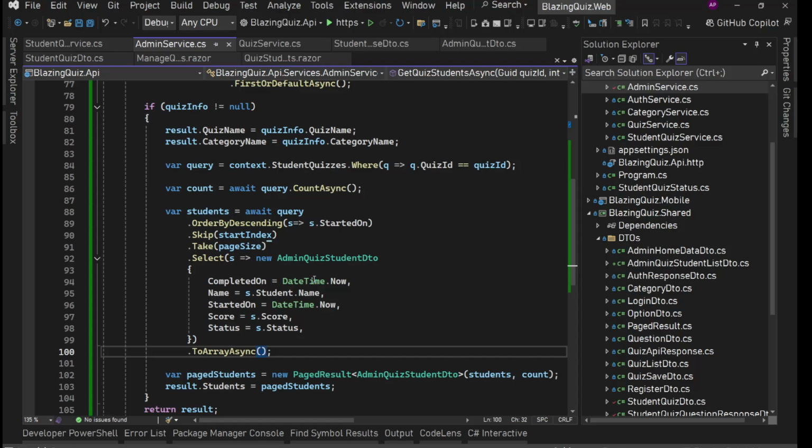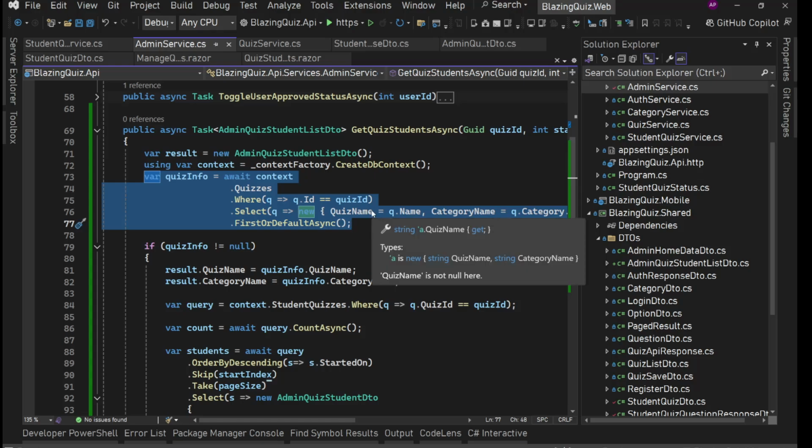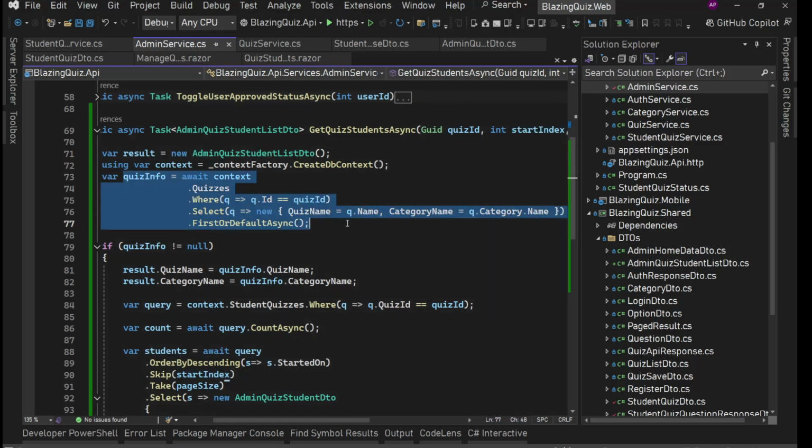Okay, so this paging related stuff is also done. Now with first call, this quiz info fetch makes sense, but for subsequent calls this does not make sense because we already have this information on the UI, right? So we can skip this quiz info part if we are not on the page number 1. So we can have that if start index is 0, then only we'll fetch quiz info,